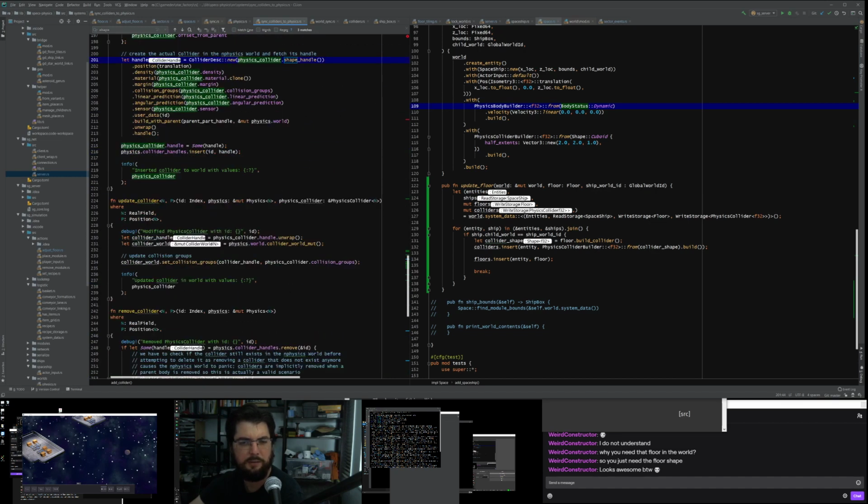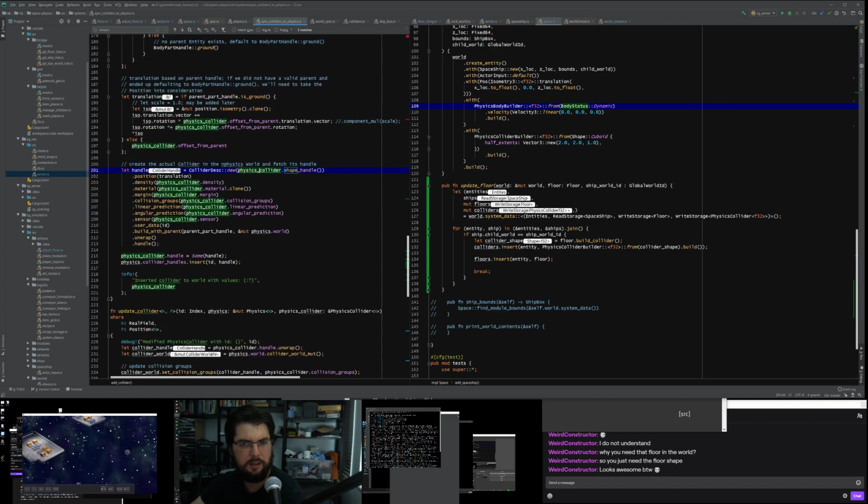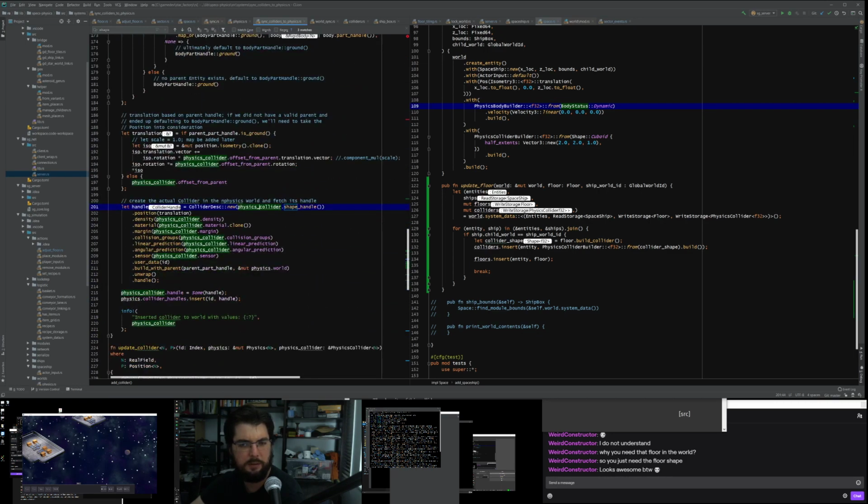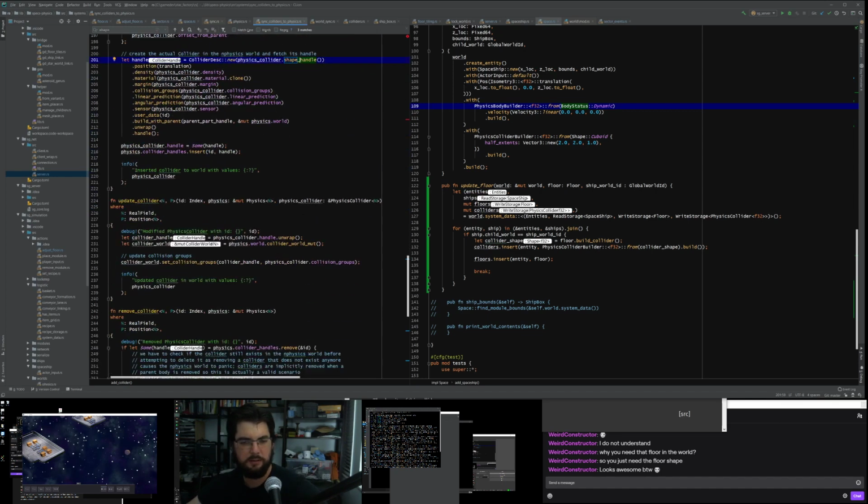So yeah, I'm getting the feeling that update collider does not do everything. It doesn't do the part where it actually modifies the shape handle. It's like for changing densities or something minor like this. It's not designed for changing everything about the collider, which is rather annoying because we're trying to change the collider's actual shape here.